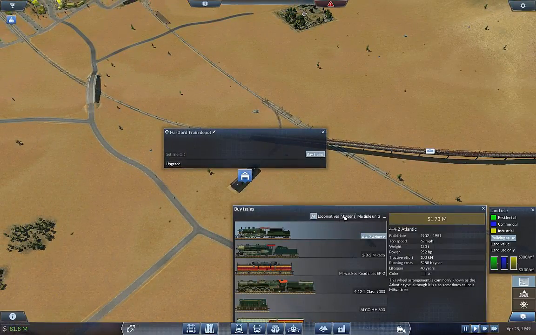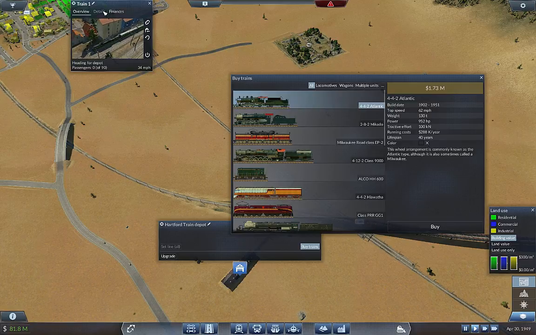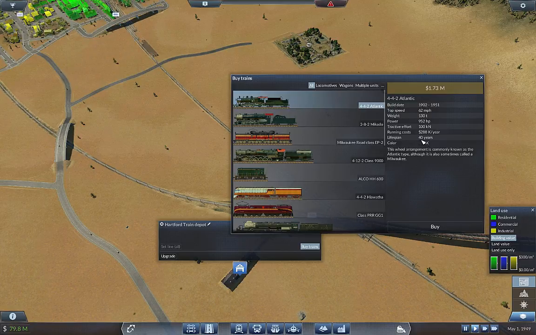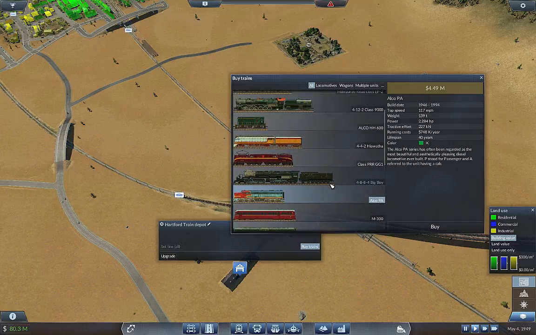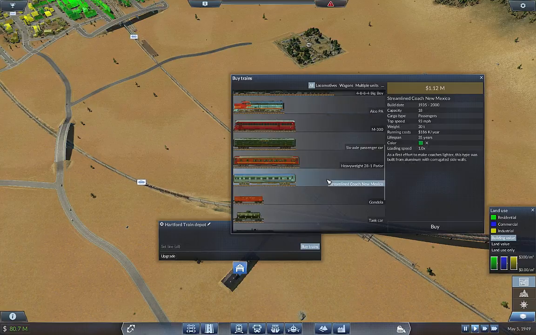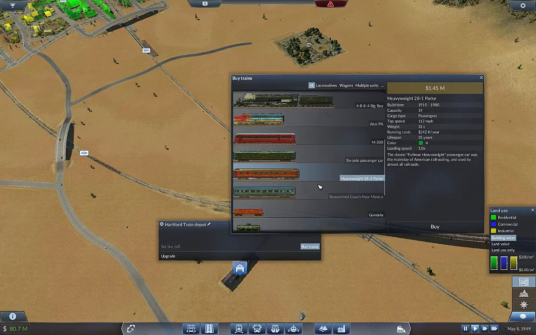And so we're gonna buy a new train. And I don't even know what color this train is. Let's see what color it is. Light green. Okay. So we're gonna set up the light green train. Well, we want to go fast. So we have this one that goes 117. Do we have a car that can go 117? That can go 93. That can go 112